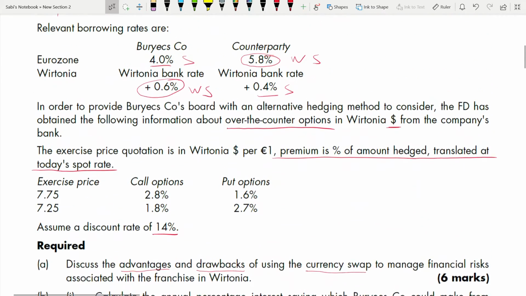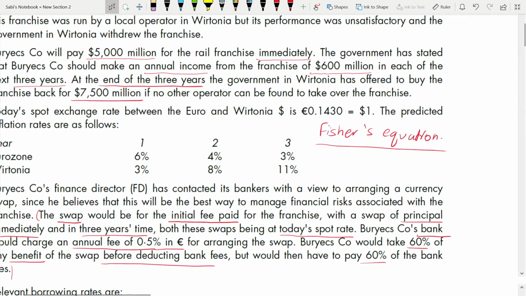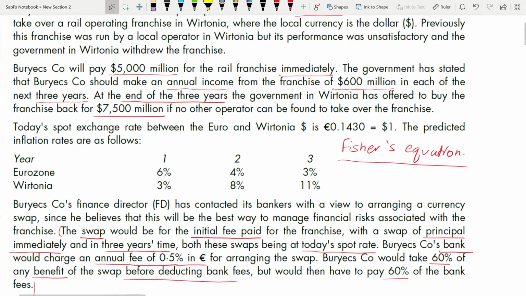You have been given the inflation of the two countries and here's the exchange rate. Now which one will come up? For that, this currency will tell you. So this is year zero's exchange rate, but for year 1, year 2, year 3 you need to calculate. For year 1 it will be this